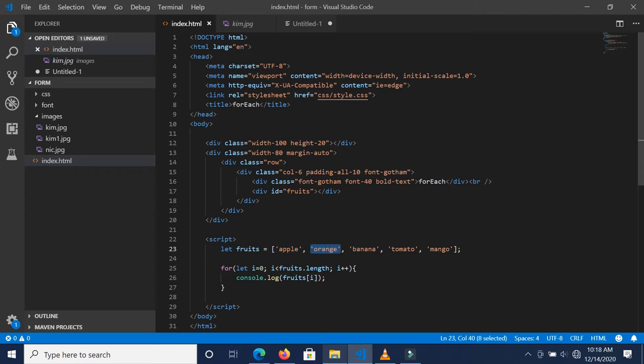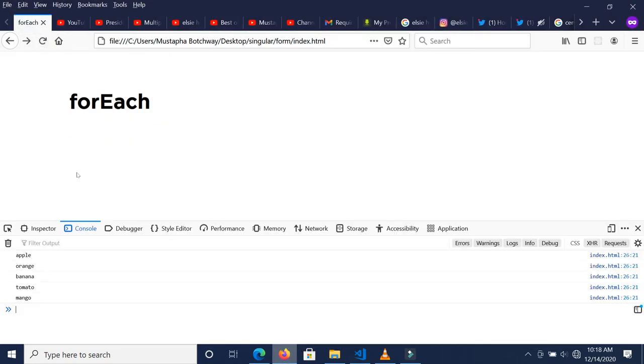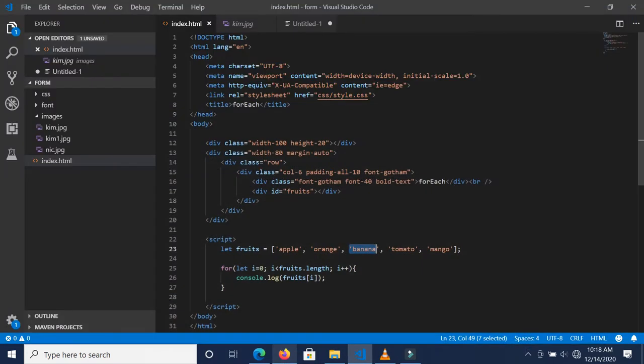in the array. So if we save this and we run and refresh our page and open the console, we realize that each of the fruits in the array has been logged in the console. As you can see here, each and every one of them has been logged in the console. If we also want to write it